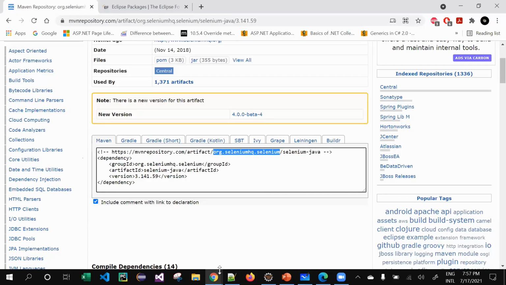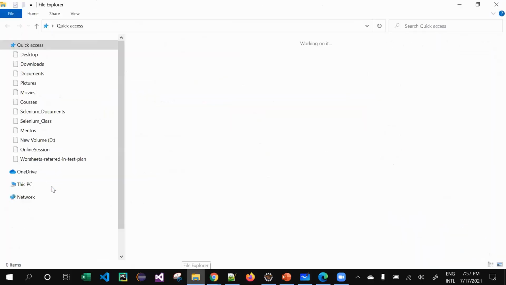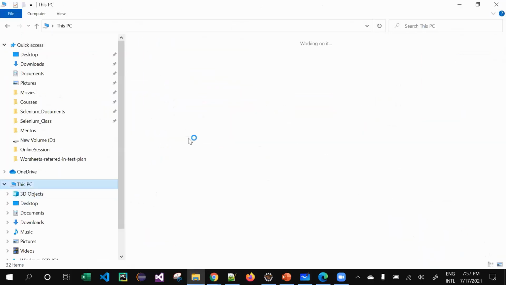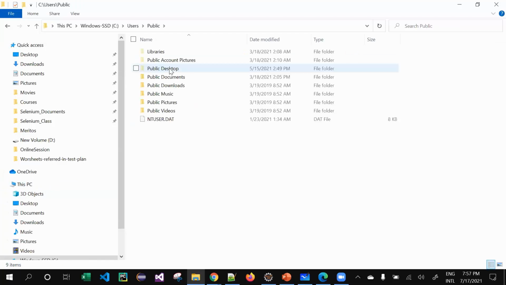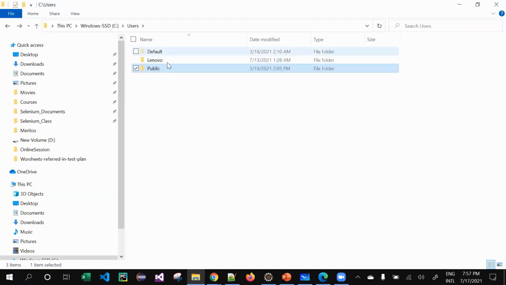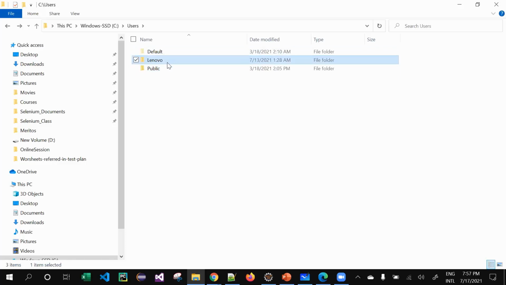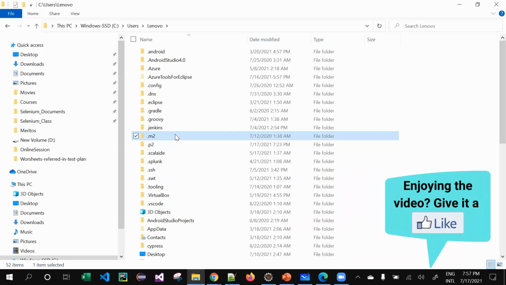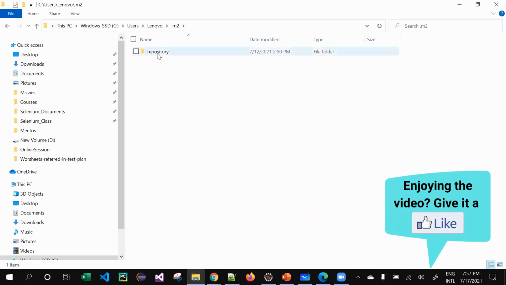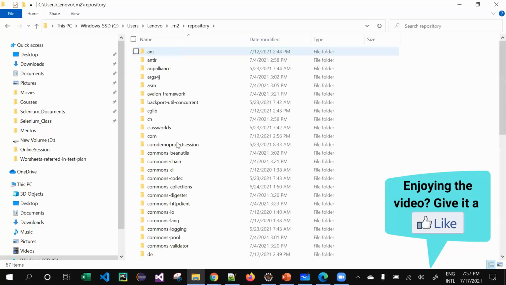So you need to go to your file explorer, This PC, then Users. My laptop name is Lenovo, so whatever your laptop name is, click on that, and inside you have the .m2 folder. Whatever comes from your central repository will be stored over here in the .m2 folder. Just click on it, and you can see a repository folder, and inside your repository